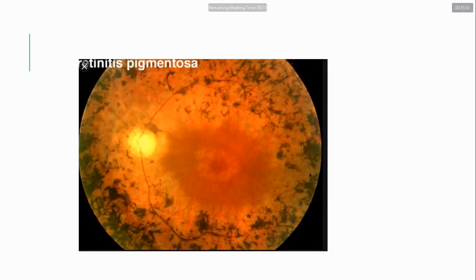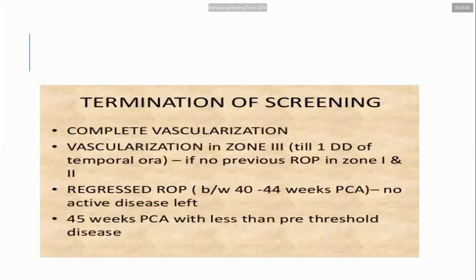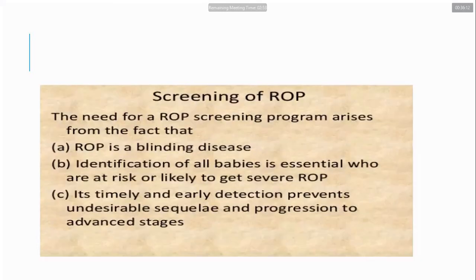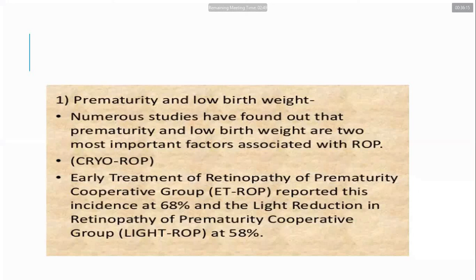You can see sectoral retinitis pigmentosa also. You can see it with Alport syndrome. You can see it with other types of disease also. So you have to dilate and try to rule them out, and maybe require systemic investigations or examinations also. Today we have discussed ROP and retinitis pigmentosa. Tomorrow we will discuss retinoblastoma, and I think the retina will then be over, and I will continue after the TR with other topics. If there are any questions, then put them. Otherwise, I am going to end the class.